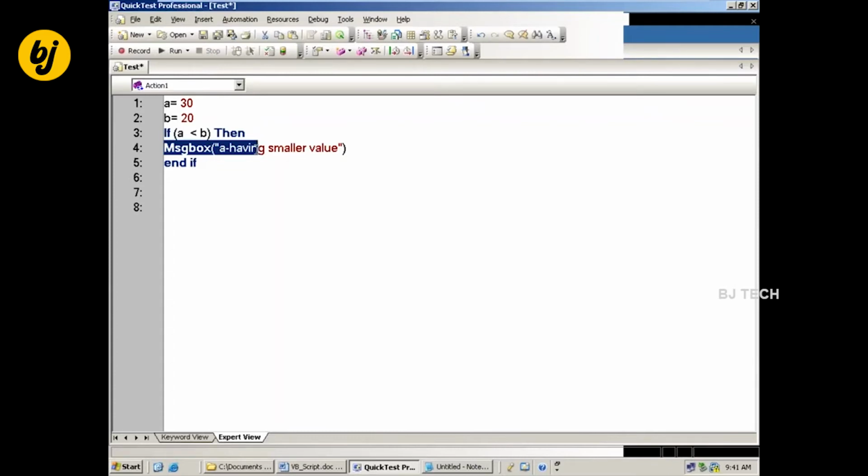That is conditional execution. The third is iterative execution, where some portion of the script is executed multiple times. For that, we use loop statements for the iterations. That is the intention of conditional statements.